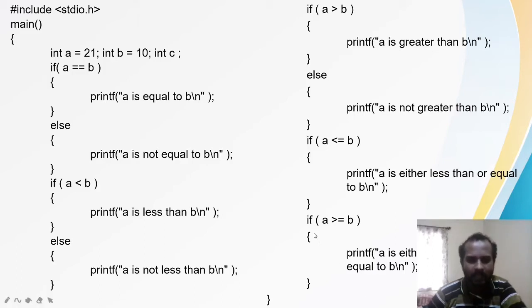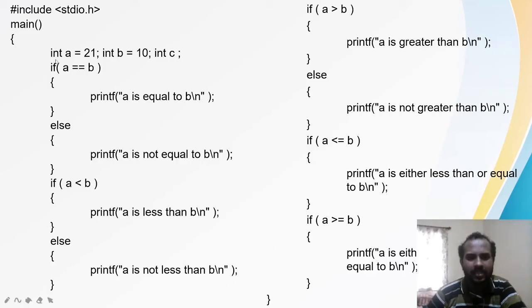And in the other case I have if a is greater than or equal to b, which is true, and I can print a is greater than or equal to b. For that also I can have the else case, where I can have else printf a is not greater than or equal to b.